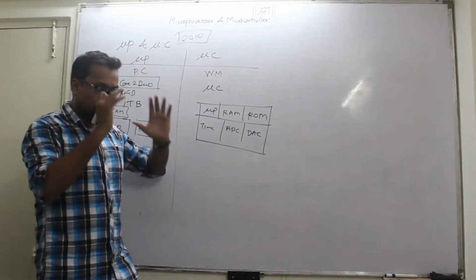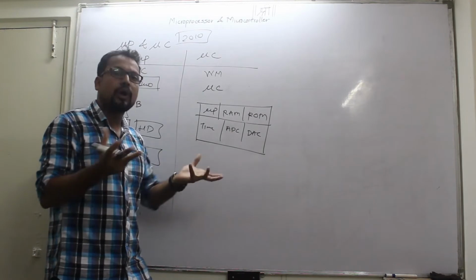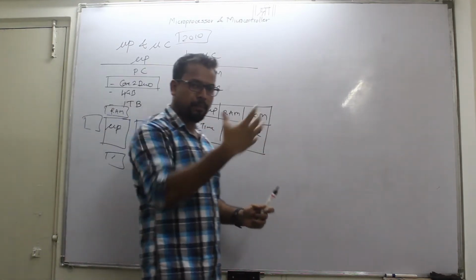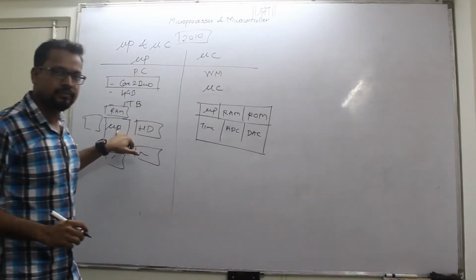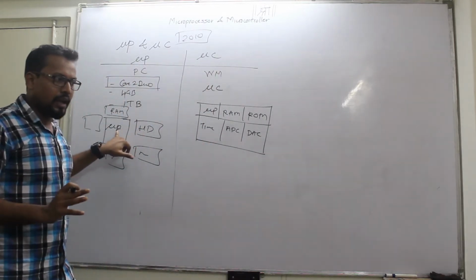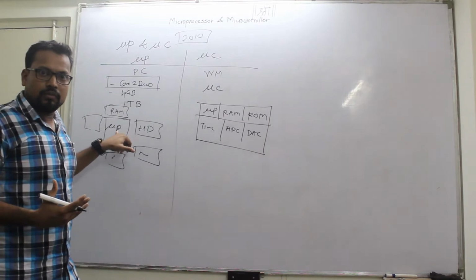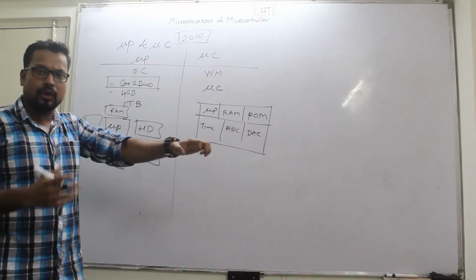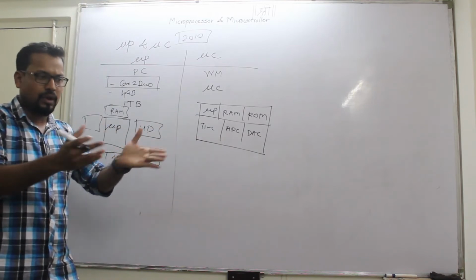But think upon it, if I try to make it, what all do I have to add in that washing machine? As I told, if you have to make that device by using a processor, yes, the processor will be there. It has to be there. But the thing is that it won't act alone. We have to add the peripherals also. A single processor won't do anything. We have to have that RAM, we have to have that hard disk, we have to have that cabinet and